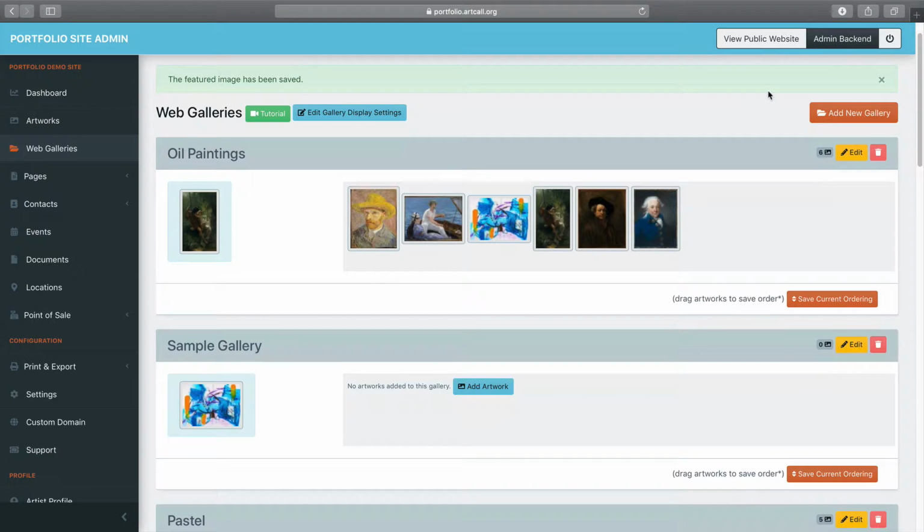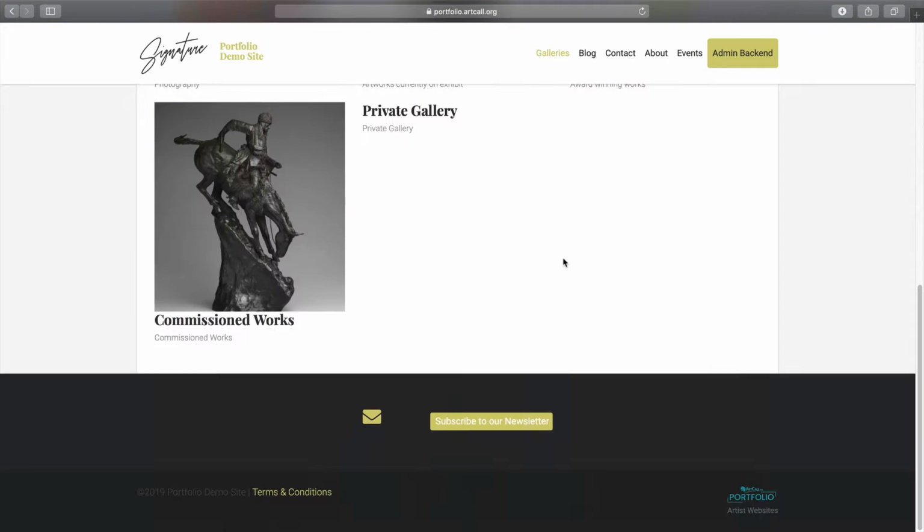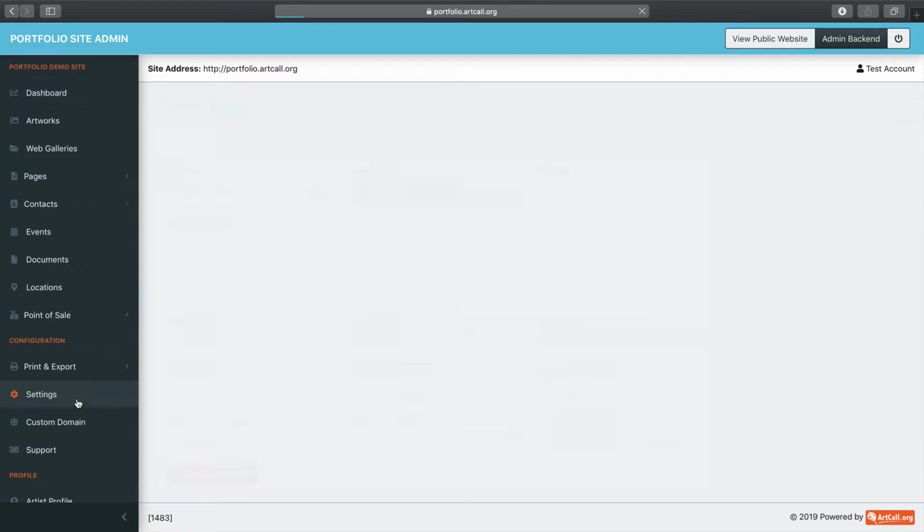When I view my public website, you'll be able to see that the sample gallery now has that featured image and it is in position 1, meaning it's the second gallery listed. Pay special attention to the order of your gallery layout. The order only comes into play if you're working with a theme that is not a masonry style layout, like this specific theme is. Watch what happens if I come to my admin backend and I switch my settings and